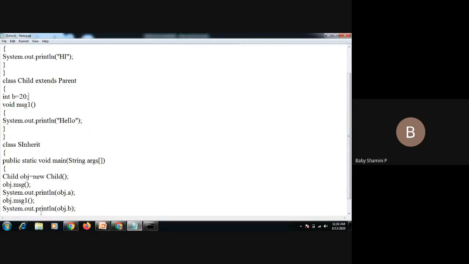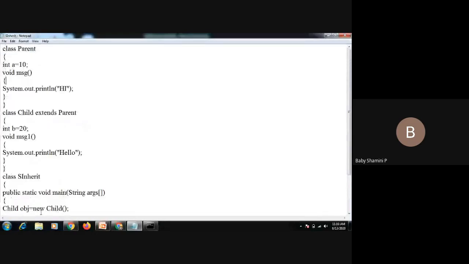So this is single inheritance. I think you are clear with this concept. First we need to create a parent class and a child class. Here we are using the single inheritance concept, so we have only one parent and only one child. If you want to inherit properties from the parent, we have to use the extends keyword. Only through the extends keyword can we perform inheritance. Extends parent: the class from which we inherit all the properties is the parent class.